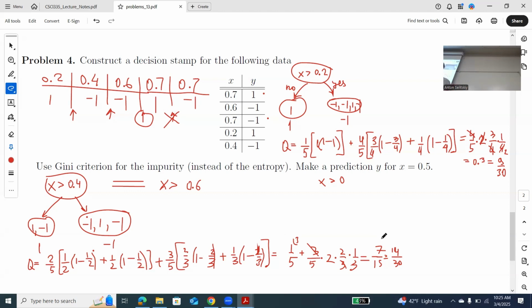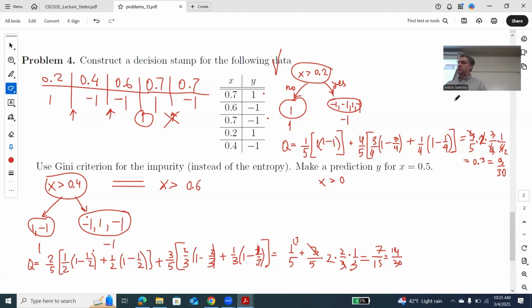Problem 4 solved, and the answer is that this is the best split. So the first threshold resulted in the best split. So this is the answer. So this is the decision stump for this toy data. Okay, now let's